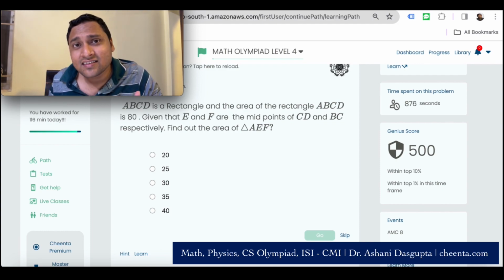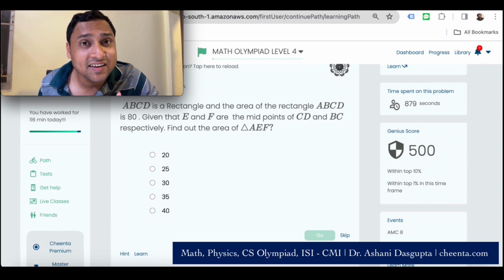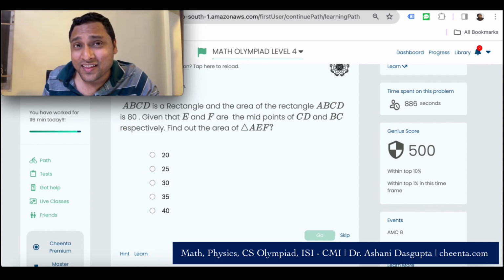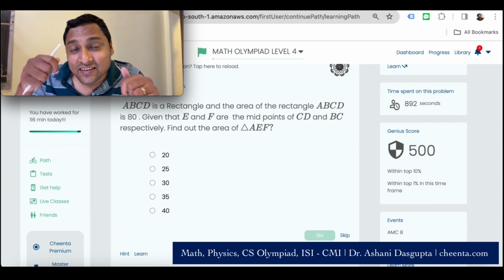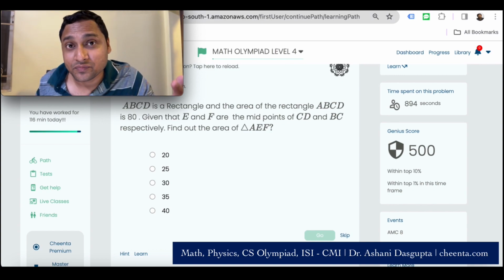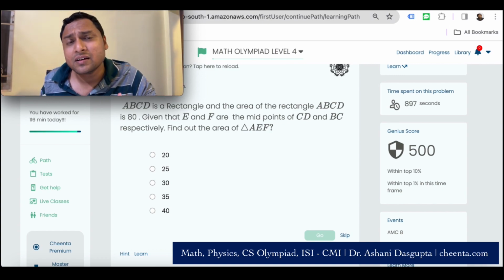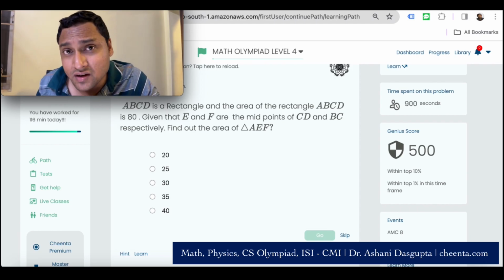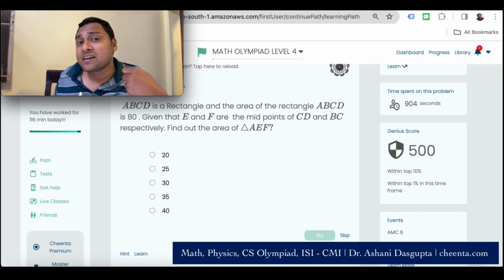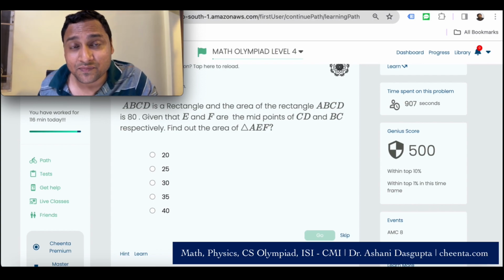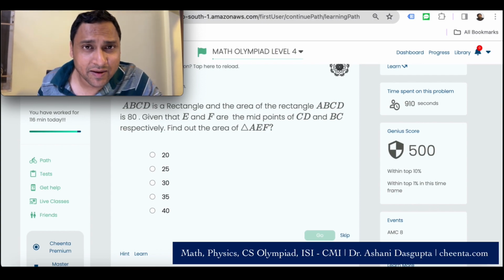If you are attending the Math Olympiad, the Physics Olympiad, the Computer Science Olympiad programs at Cheenta, or the ISI-CMI Entrances program at Cheenta, then you already know that problems, non-routine, beautiful problems, are at the very center of what we do. Our entire academic curriculum is actually based on problem solving. We believe that unless you are able to solve interesting problems, you are not really doing mathematics or physics or